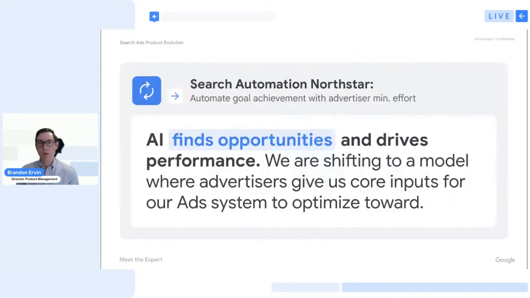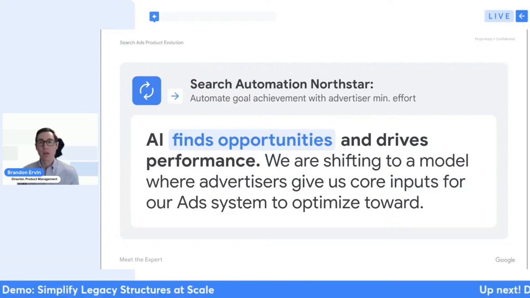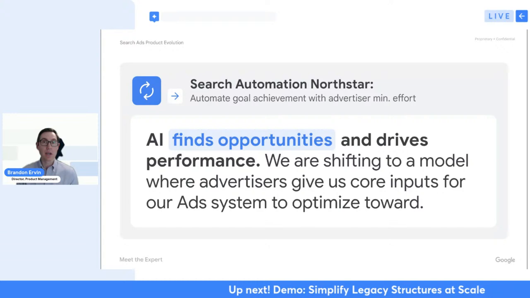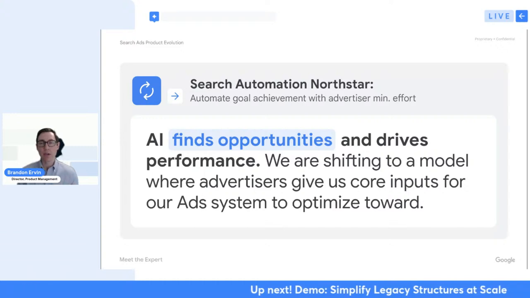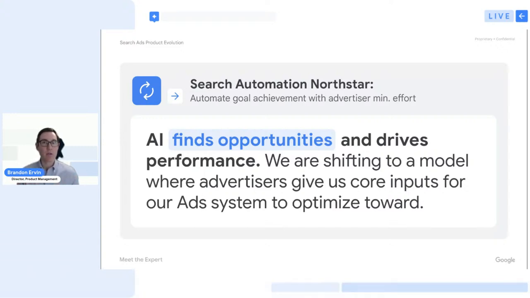And so moving on to then how do we think of the automation North Star in particular as it relates to account structure? So for us as a product team, our goal is really to try to automate goal achievement on your behalf using the inputs that you provide. But one of those key things is we want to try to reduce the number of inputs that's necessary to maximize performance. So that's something that me and my team focus on quite a bit. So how can we find the pockets of performance or other ways to drive value for you, while at the same time making it easier to use in the product and also enabling simplification, be that device, geo, or keyword simplification over time, such that you don't have to add all these inputs to get the performance you expect out of Google Ads.